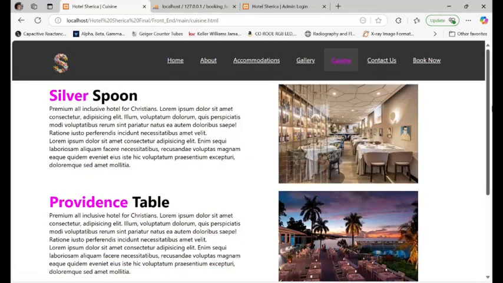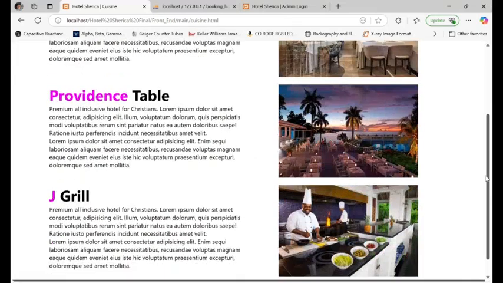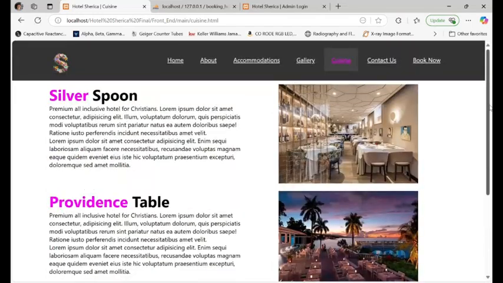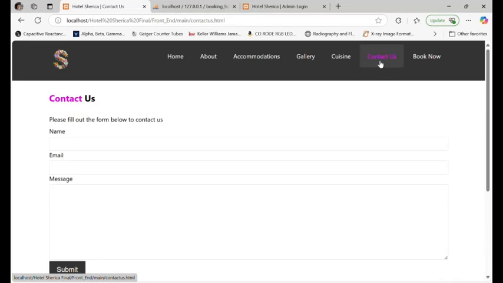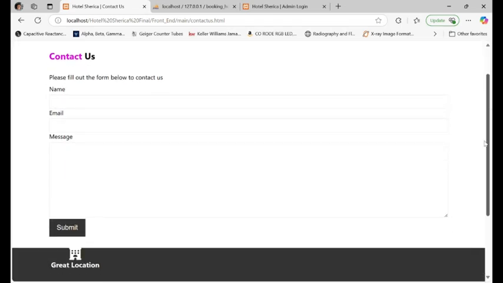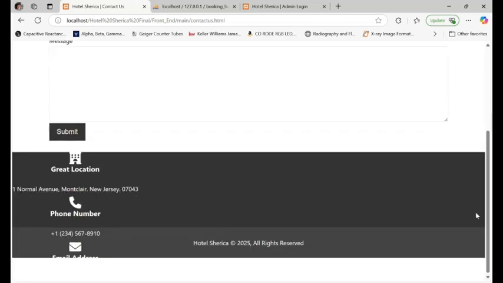There are three restaurants. There is the Silver Spoon, the Providential Table, and J Grill. And next is the Contact Us page. This is where any user, so a guest or someone that is just browsing around, can ask questions to the staff of the hotel. And these are supposed to be some more amenities where it shows the address, the phone number, and the email address, but